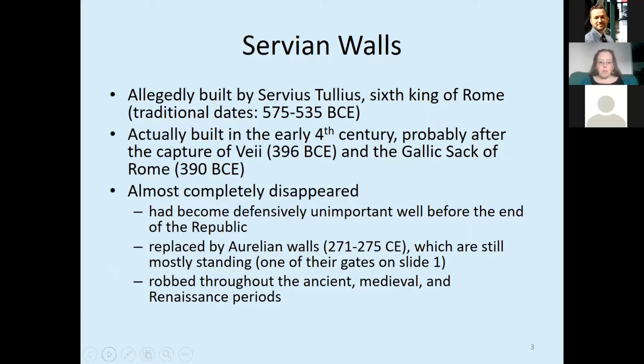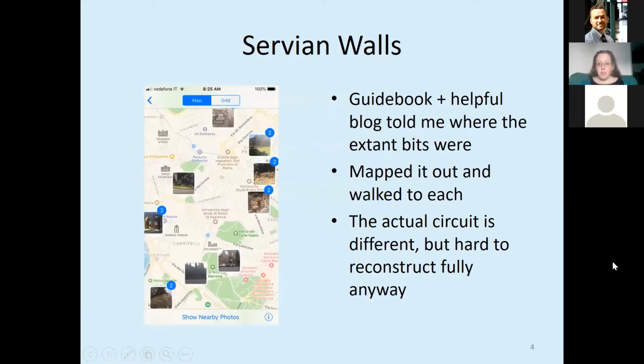So they've mostly disappeared. As you can imagine, this made deciding to walk around the circuit challenging. The circuit has been reconstructed. There are various more or less theoretical reconstructions of where the walls were. A lot of the gates are missing and it's not entirely certain where they are, but there are some pieces. So you can create this sort of circuit through modern Rome around where the